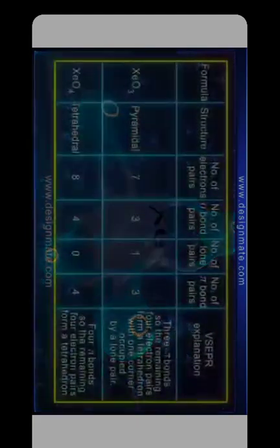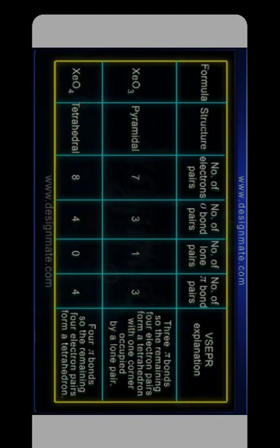Summary: we have studied the following explanation of